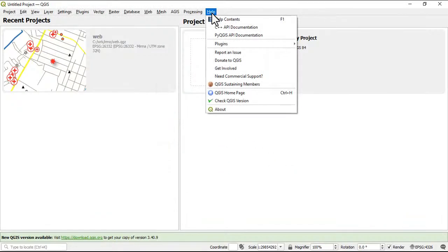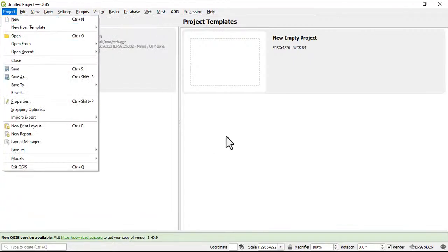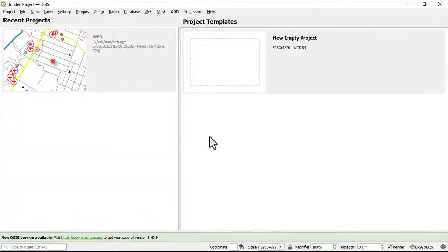So anytime you're looking for anything, such as the API documentation, the Python API documentation, the plugins and all of that, you go to Help, which you're seeing here. I had already closed down most of everything so that we will bring them out together. Now I will be starting with, what if you want to bring out your